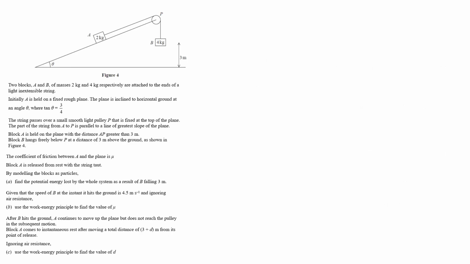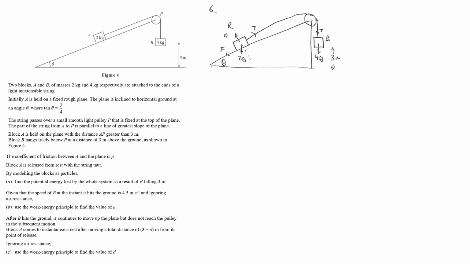Right, this question, you're given a lot of information. So I've put in all the forces, and it says find the potential energy lost by the whole system as a result of B falling 3 meters. So the gravitational potential energy lost by P is going to be 4 times G times 3, take away 2G times